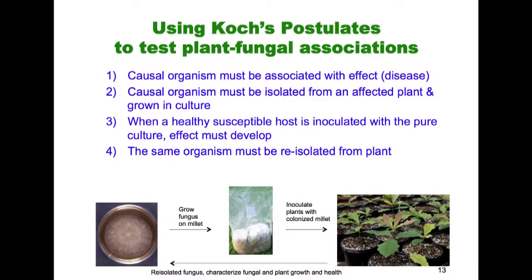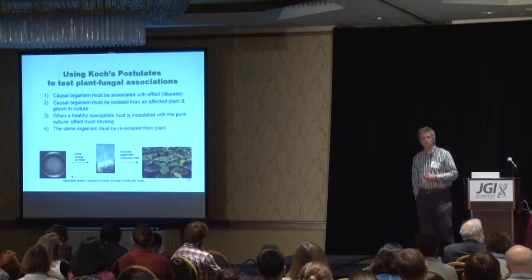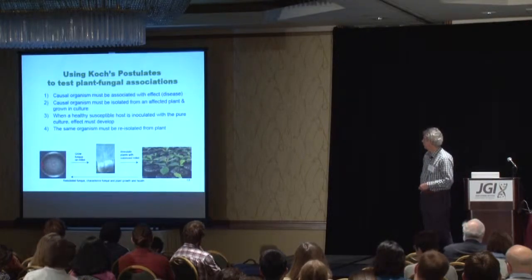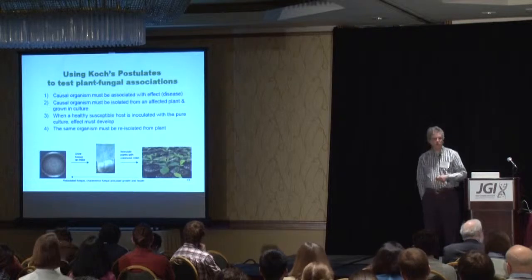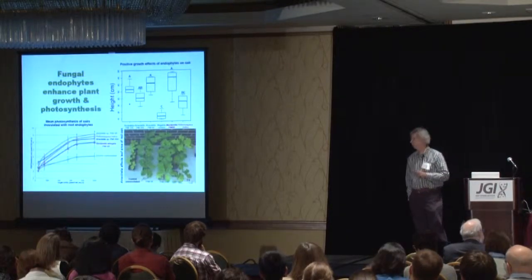So one priority has been, let's try to re-inoculate these fungi onto the plant roots and then re-isolate them so that we can confirm that they are in fact growing within the plant roots. So we're using a variation of Koch's postulates here to take pure cultures, grow up spawn, and then use that spawn to inoculate the soil in which we plant these plants and see what the effects are.